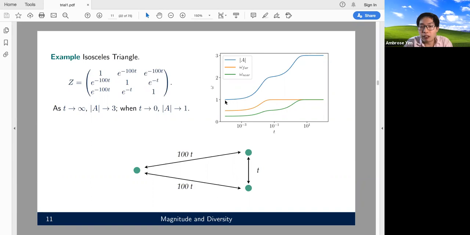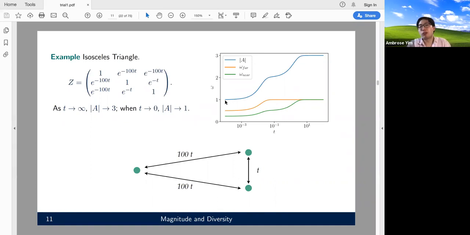And as we increase t to the intermediary scale, we see that it has effectively a weight of 1. So this weight is kind of a measure of how isolated these points are. As we take this point on the left so far away, it's very isolated from other points. However, the green curve, which describes the weight we assign to the pair of points on the right, at the same scale, is not quite weight 1. They're not quite isolated, so they have a weight of around 1/2.